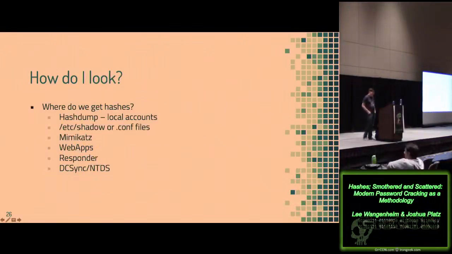How do you look? Where do you get hashes? You can either hash dump local accounts, you can use Mimikatz, web apps, Responder. Shadow is great if you can find a shadow file. Comp files, all the usual places. A lot of times you'll find,